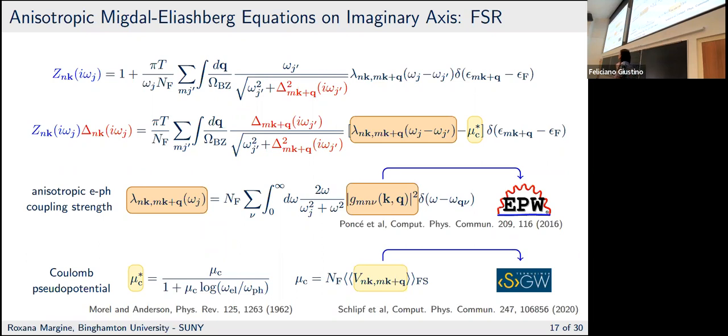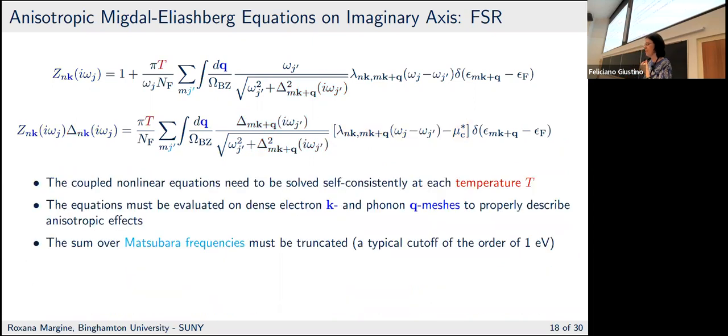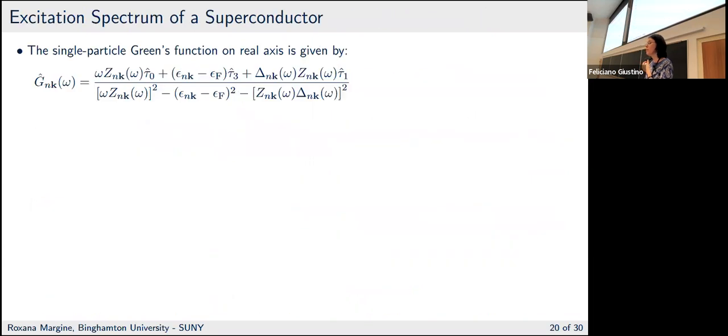Thank you, Roxana, for a very nice talk. Just a quick question. In your later material, why is the McMillan or Allen-Dynes simulation so off, and why does it have the opposite trend to the actual calculation? Very good question. So the reason for that is